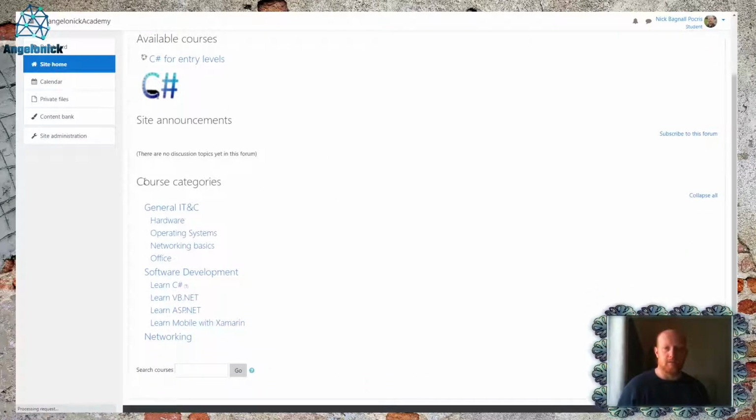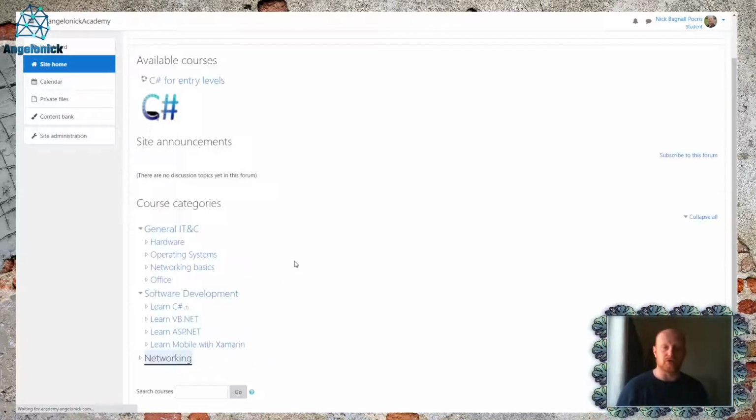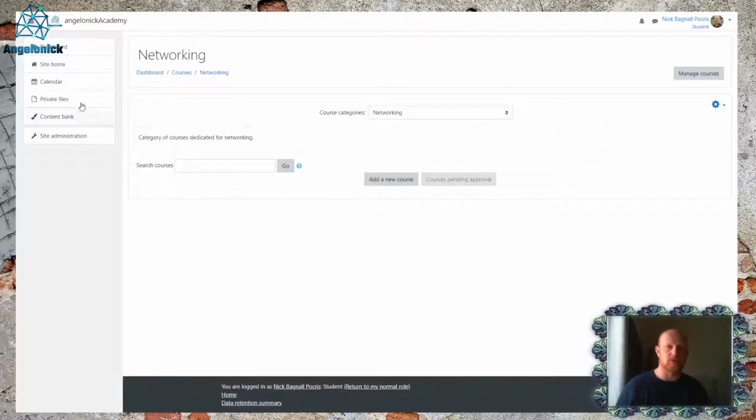There are categories of courses like general IT&C, hardware, operating systems, network basics, office, and software development for people who want to be software developers, learning C#, VB.NET or ASP.NET, or mobile with Xamarin. And for people who want networking, we can see a lot of networking in general, basics in networking, and so on.